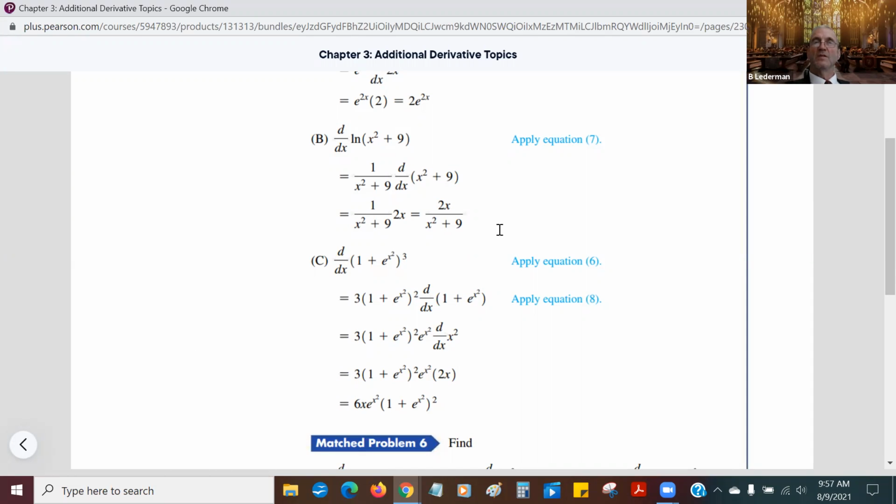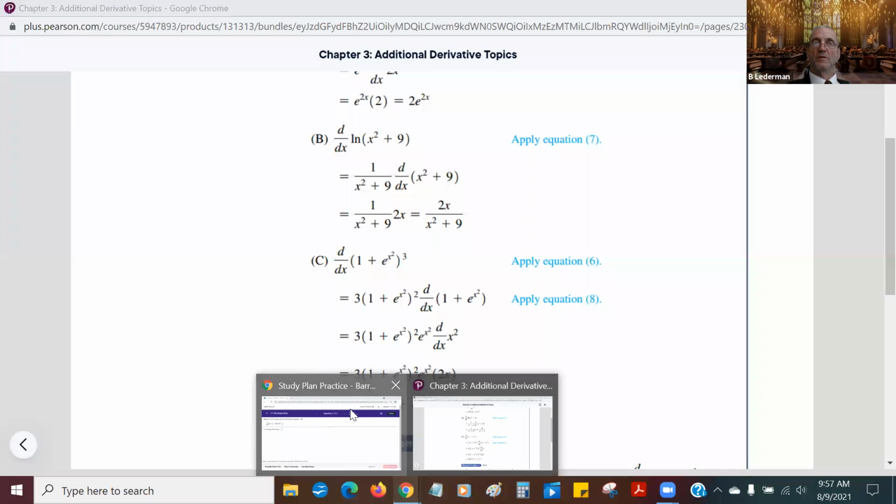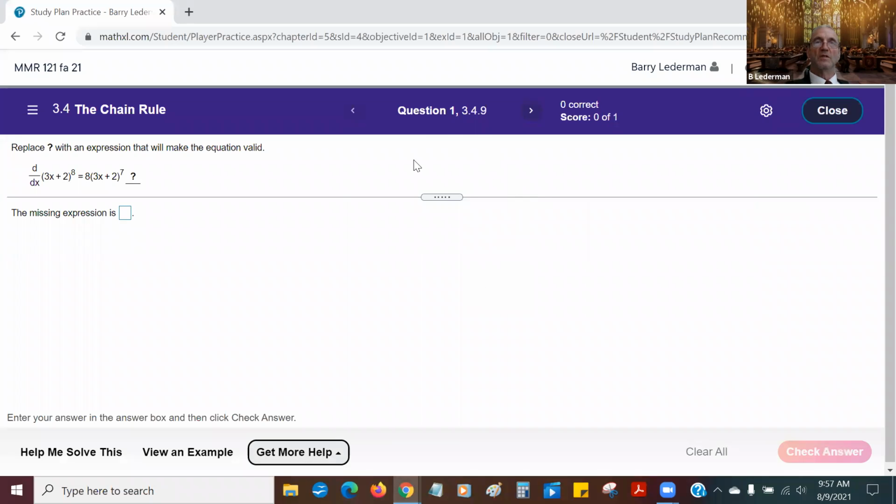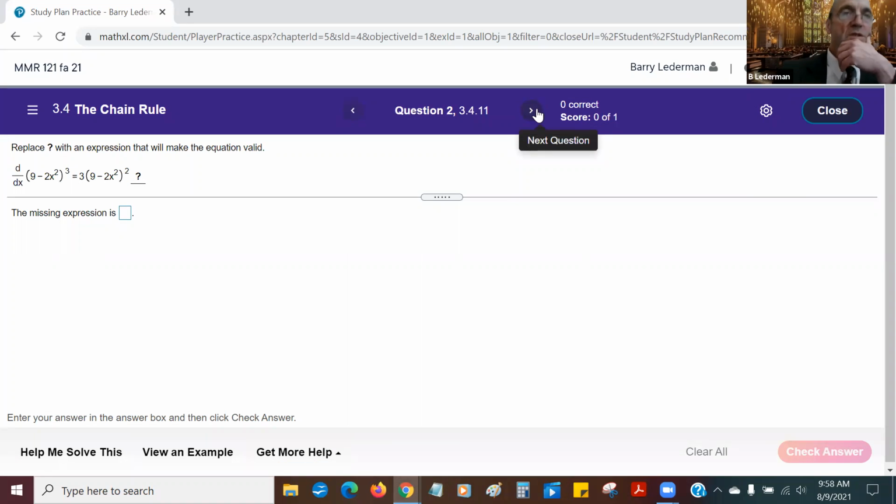And maybe I'll do a couple of homework problems too, because there's a lot of, chain rule is, like I say, when you do the examples, it's just easier. So let's get one that's